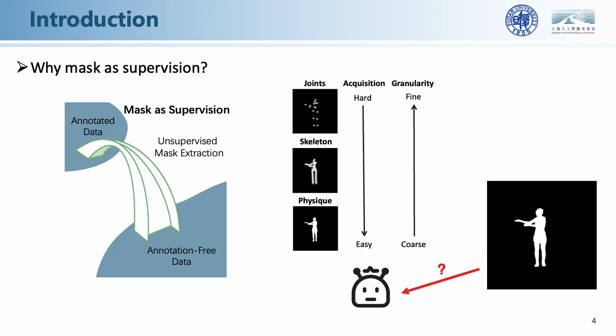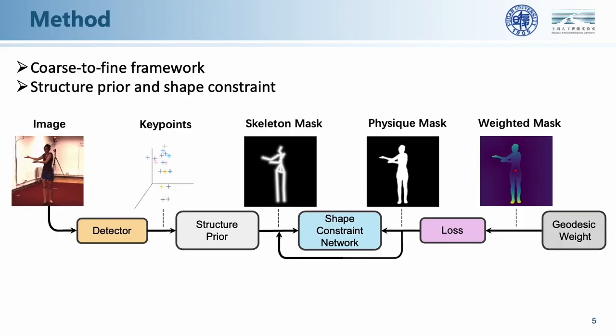Noticing the detector outputs point-wise results, and mask is in frame-wise format, we proposed a coarse-defined pipeline to eliminate the gap and refine the information. In detail, we propose a novel, unified framework utilizing mask as supervision. It incorporates skeleton and physique masks to discover body structure priors, and shape constraints to organize human skeletons and improve pose estimation accuracy. Furthermore, geodesic weighting and a cascaded optimization scheme are employed to estimate challenging distant key points with